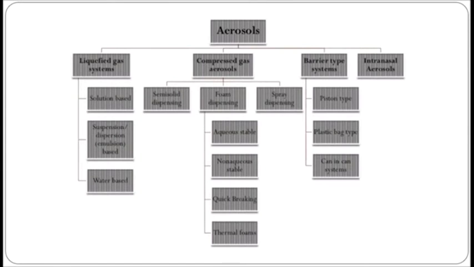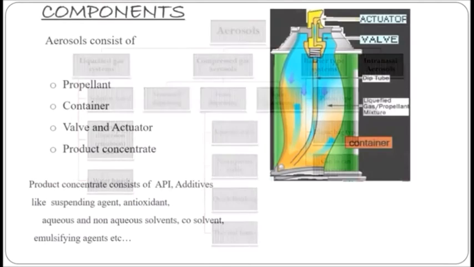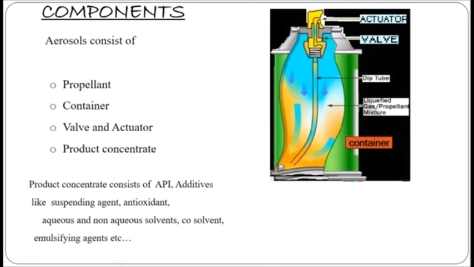The next one is compressed gas, and examples of compressed gases are nitrogen, carbon dioxide and nitrous oxide. By varying the proportion of each compound, the desired vapor pressure can be achieved. The vapor pressure of a mixture of propellants can be calculated according to Dalton's law, that is, Pt equals the sum of the individual pressures, and Raoult's law: the lowering of the vapor pressure of a liquid by addition of another substance, the depression of vapor pressure being proportional to the mole fraction of the solute molecule.